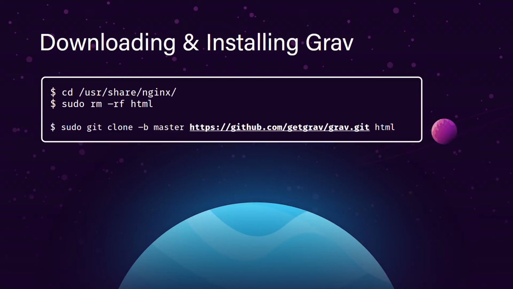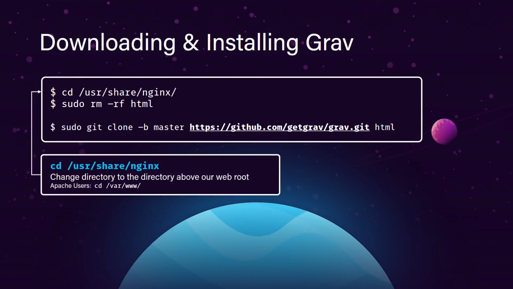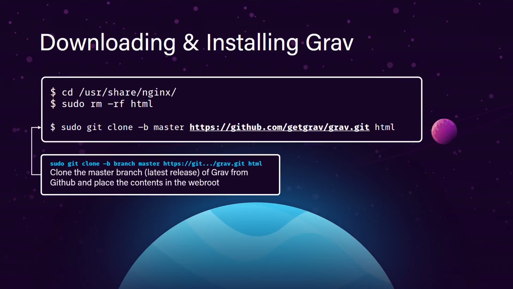Okay, so now that we've installed all the dependencies for Grav and we've set up our environment, we're going to go ahead and actually download Grav itself. So go ahead and navigate to the directory directly above your web root. In nginx's case, this is going to be /usr/share/nginx. What we're going to do is remove the web root using sudo rm -rf html. This will remove the web root, and we're going to replace that with Grav. So go ahead and run sudo git clone,